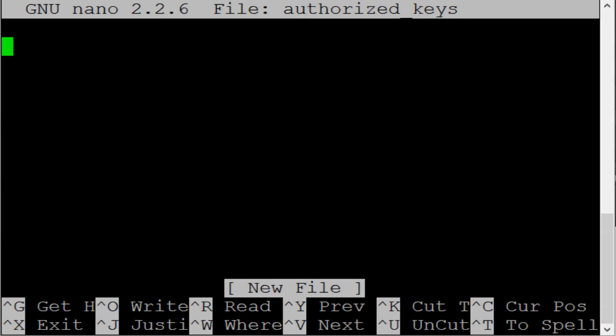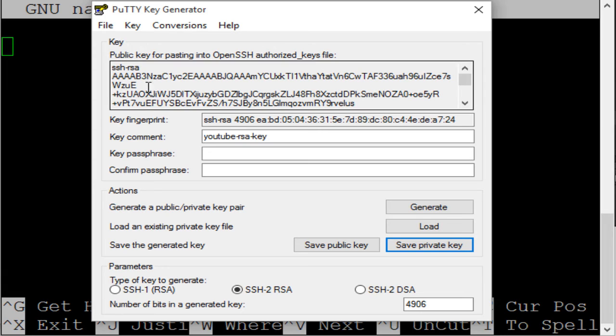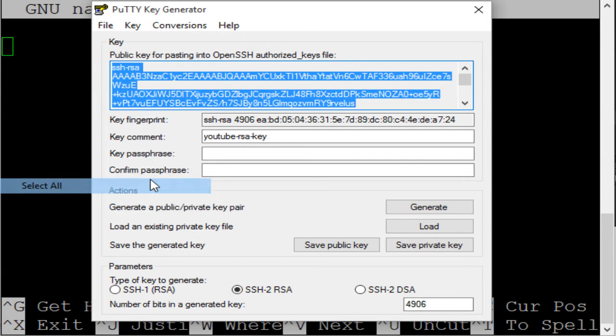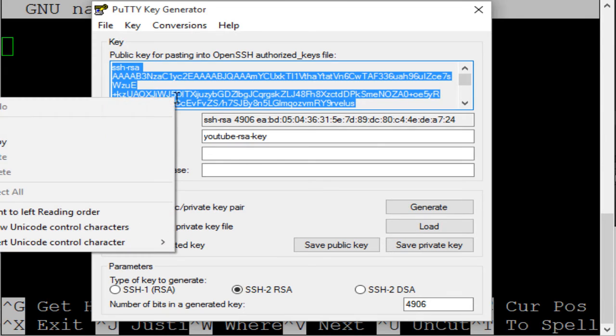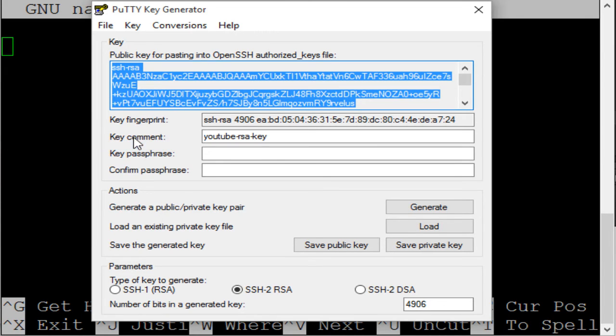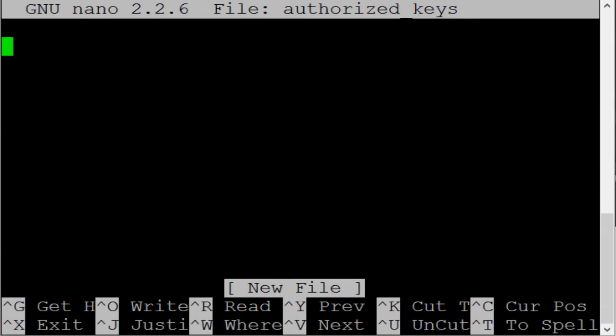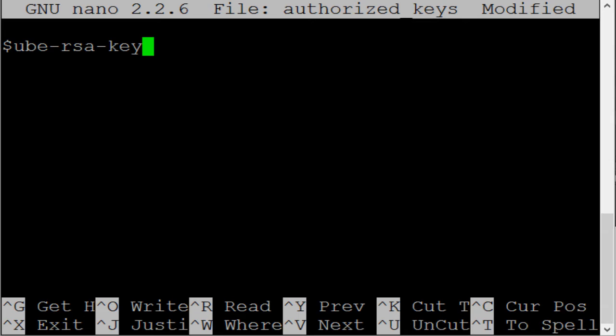So I forgot to mention too that you need to leave the Puttygen open so you can copy that key. So let's go back to it, and we'll click in this window up here and right click to select all, and then we'll right click and copy, and then we'll go back to our server and just right click, and that will paste the key